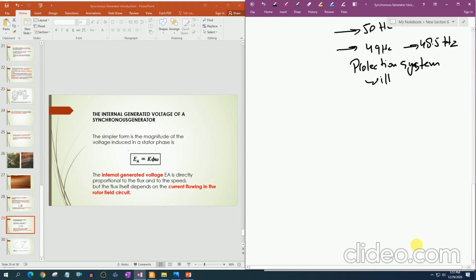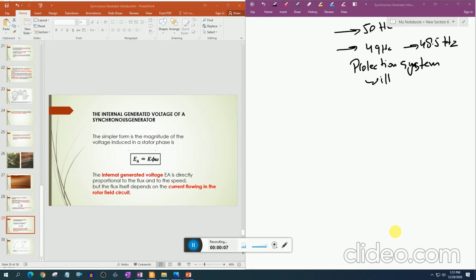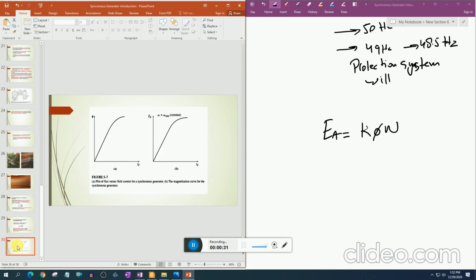Now we are going to study the internal generated voltage of a synchronous generator. The voltage generated on the stator winding is given as EA equals K phi omega. The internal generated voltage EA is directly proportional to the flux and to the speed, but the flux itself depends on the current flowing in the rotor field circuit. So its graph can be given as